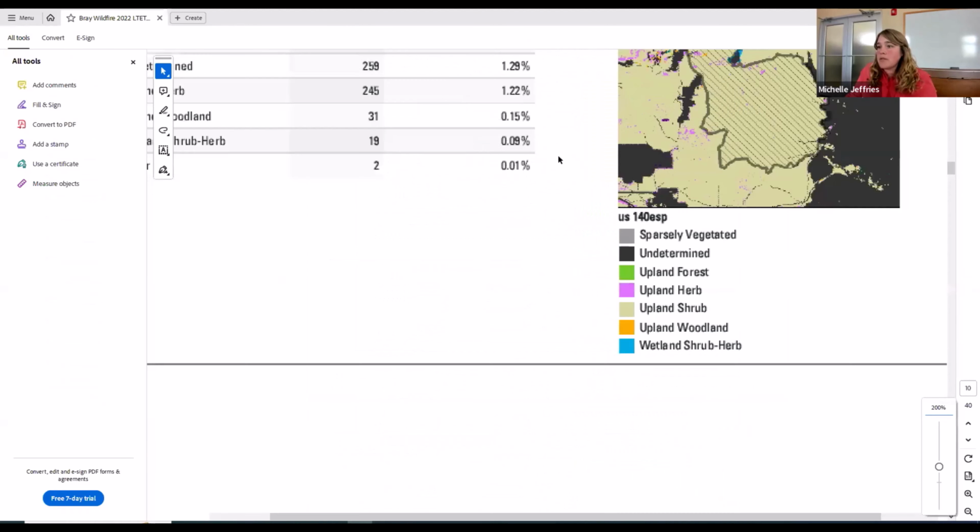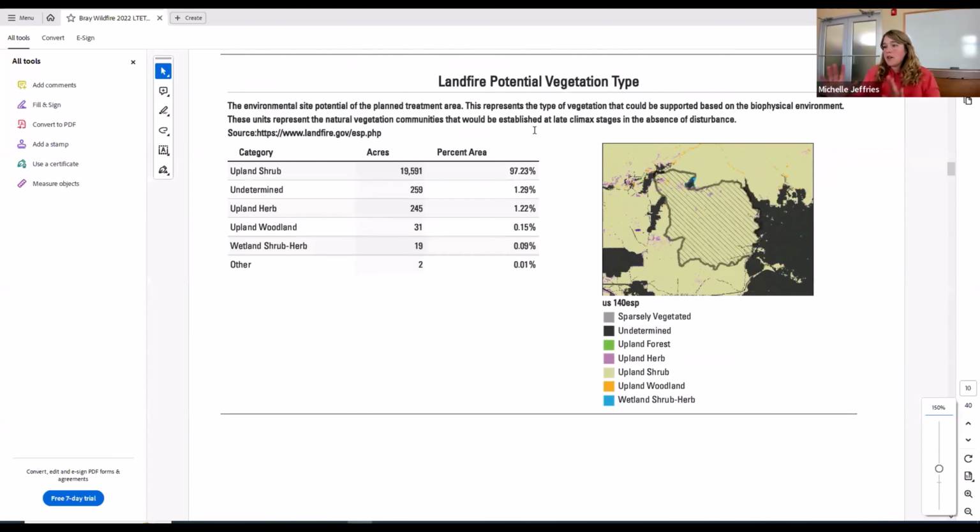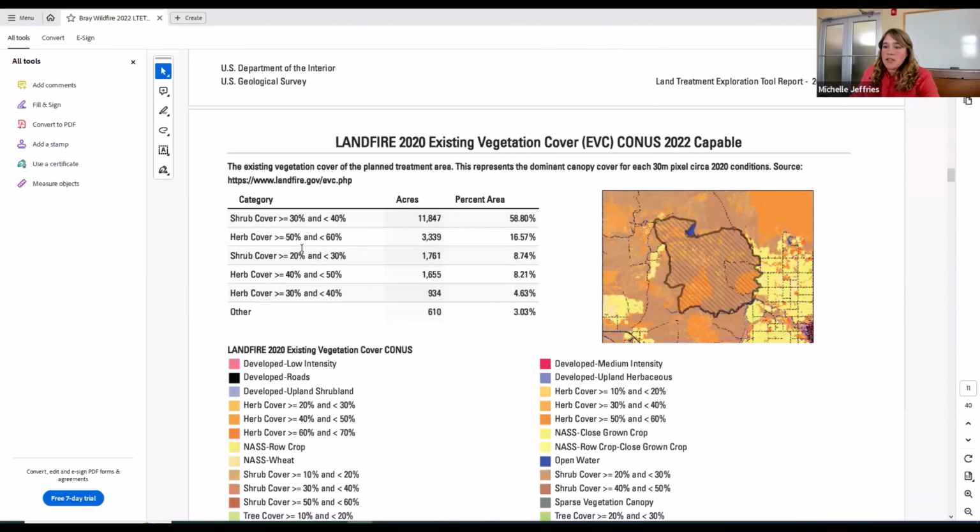Okay. So here's what that looks like in the PDF, just like that screenshot. We have the thumbnail, the legend, and the table for some of the LANDFIRE data layers. For EVC, having these groupings match what the pixels really are was important so that the map, the table, and the legend agree. We had to configure that ourselves on, I think, the latest release of EVC. I think that was the big pushing point for us to decide we have to host these ourselves because they're changing